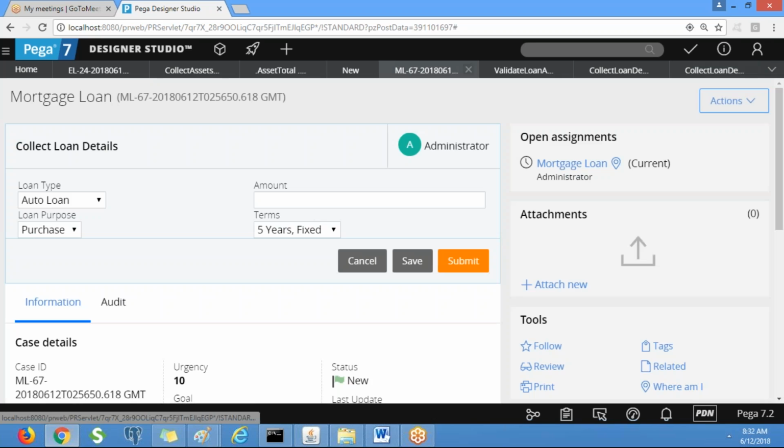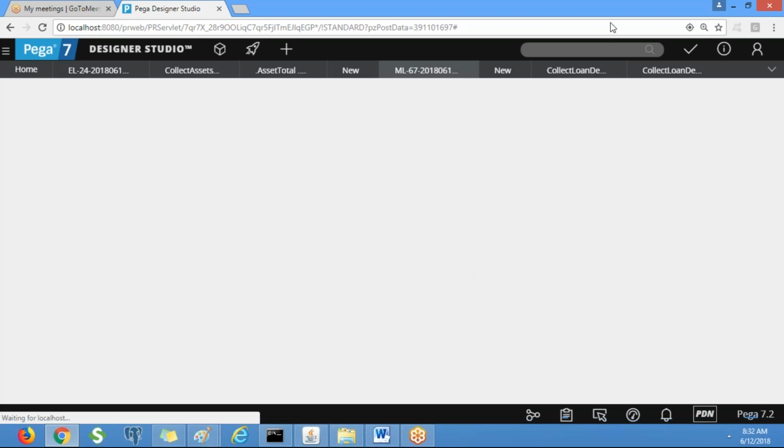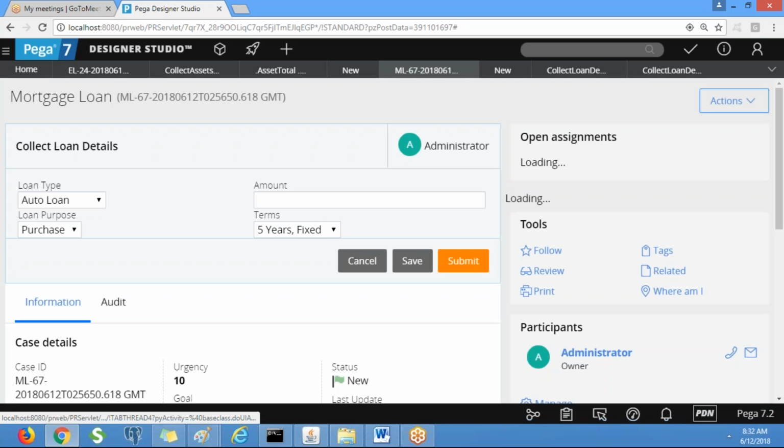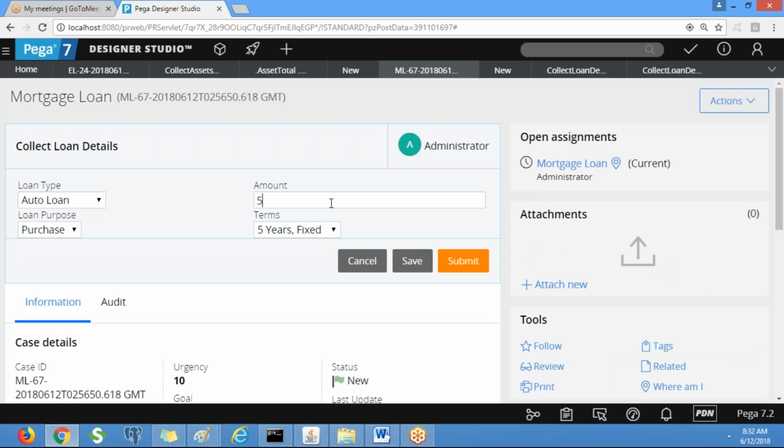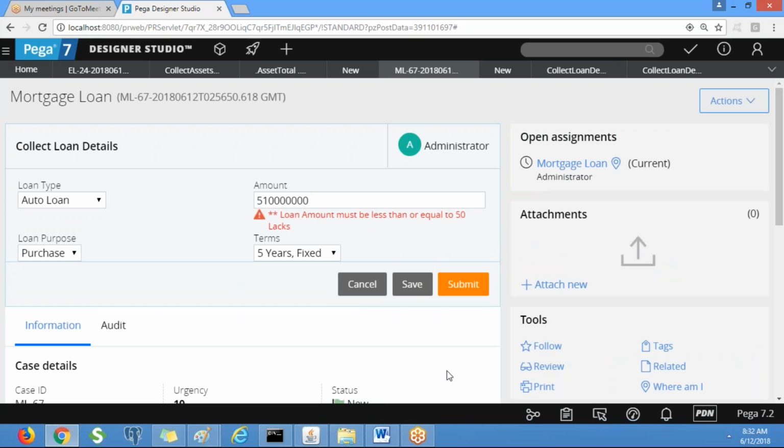So now if I enter 55 lakhs, what should happen? So we need to refresh. Okay, first refresh the work object form and let's test, or you re-execute the flow. 51 lakhs. What happened? Loan amount must be less than or equivalent to 50 lakhs.